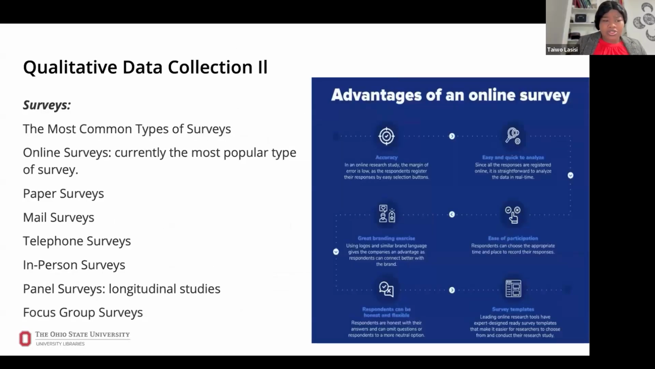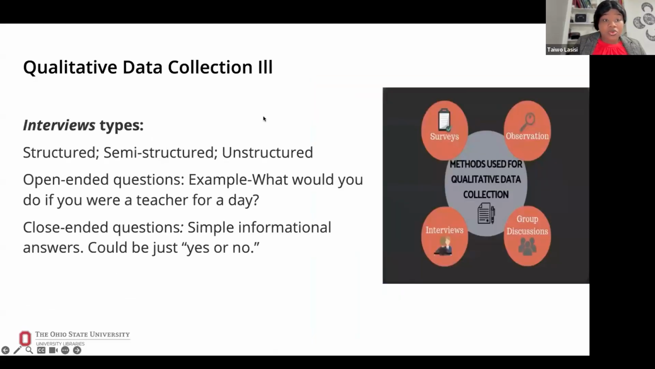I'm just talking about surveys a little more because I already mentioned that you have different types of surveys. You can do paper surveys, telephone surveys, in-person surveys where you share your questions, panel surveys when you're doing longitudinal studies. There are different types of surveys that can be appropriate based on the type of research that you're working on. Also interviews,